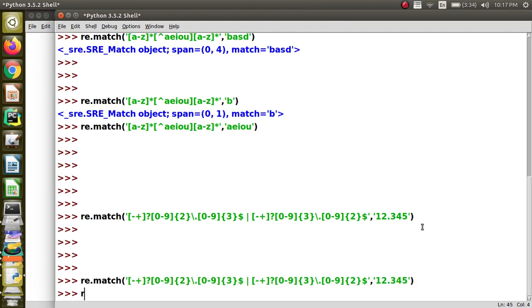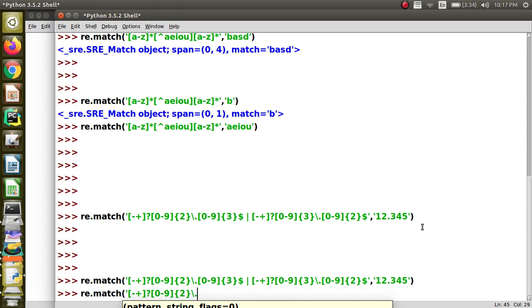Yeah, we can better write it, I think. RE dot match, you want a minus or plus sign, 0 or 1 times, followed by 0 to 9 twice, and a dot.